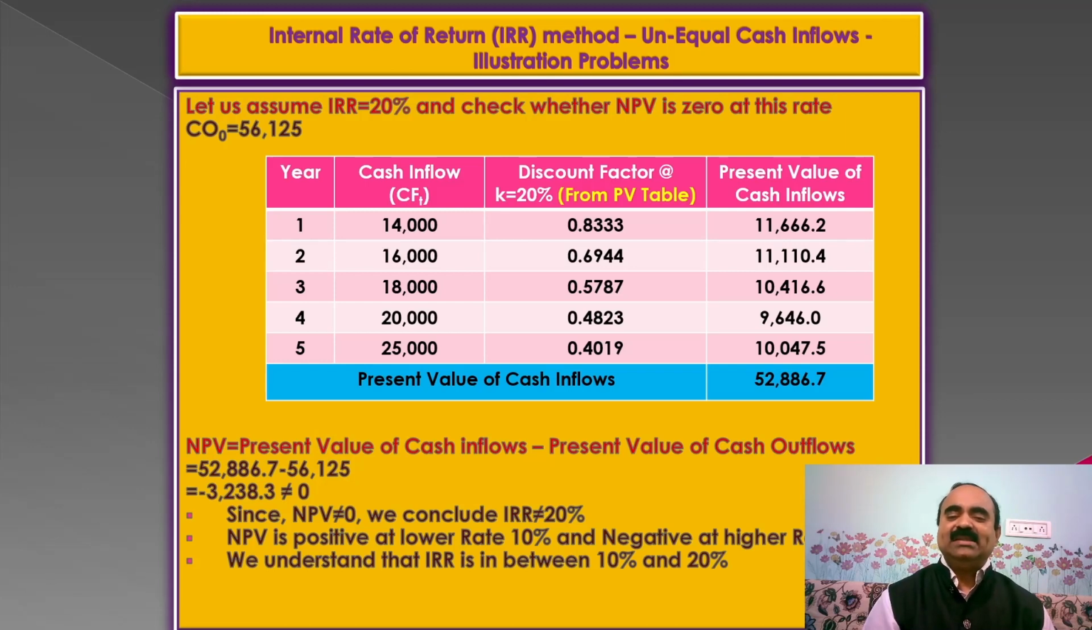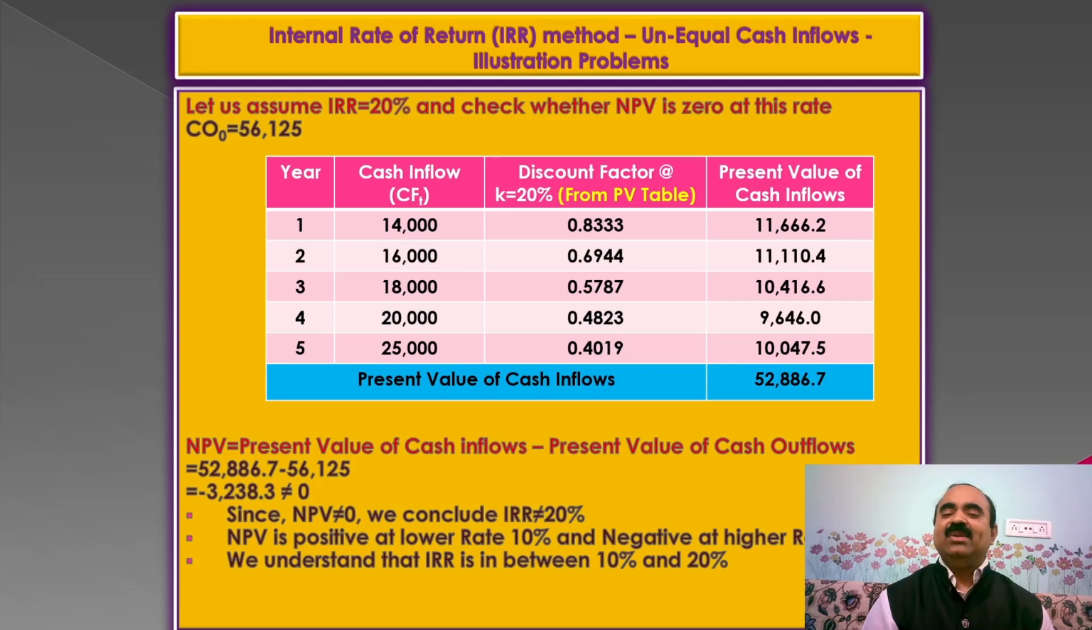0.8333, 0.6944, 0.5787, 0.4823, 0.4019. In the last column, I had shown present value of cash inflows, which I had derived by multiplying the values in the second column with the values in the third column. For example, in the year 1, I multiplied 14,000 with 0.8333 and derived the present value of cash inflow of 11,666.2. Similarly, in the year 2, I had multiplied 16,000 with